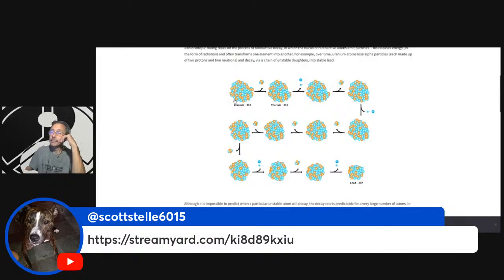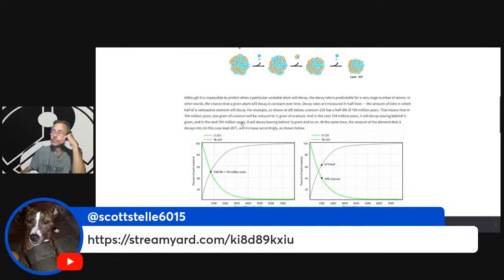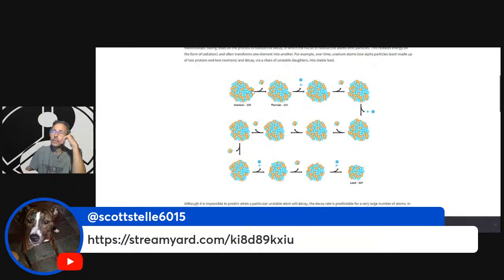There's no room for lead. But over time, with half-lives, which are shown here, which we know, we can predict. We can't predict exactly which particles will decay, but we can predict exactly the percentage of particles. They decay. So this alpha particle of 2 protons and 2 neutrons is emitted, and that uranium becomes thorium-231. Right there, B theory is falsified.